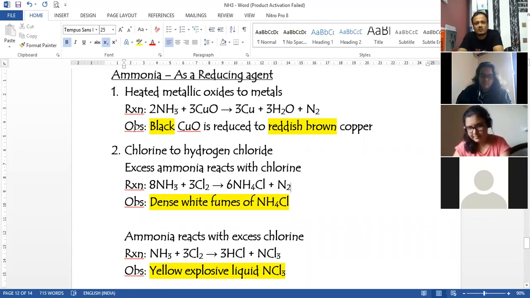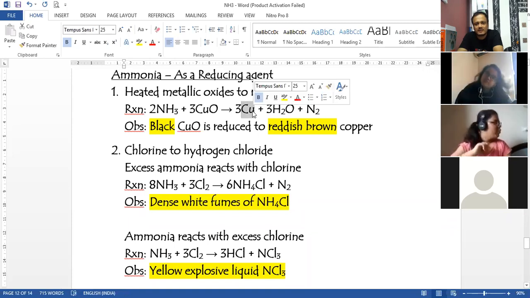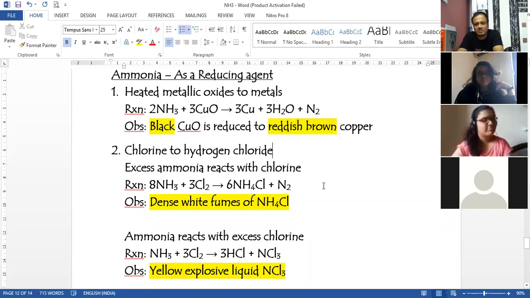The other question would be to write the observation of this reaction. The observation would be like this: ammonia obviously is a gas which has no color. Copper oxide is a solid and it is black in color. So the black colored copper oxide, when heated in the presence of ammonia, so it has to be heated, so you have to put a delta over here in the reaction, turns into copper metal. The color of copper metal is reddish brown. In your textbook it is also called pinkish brown.